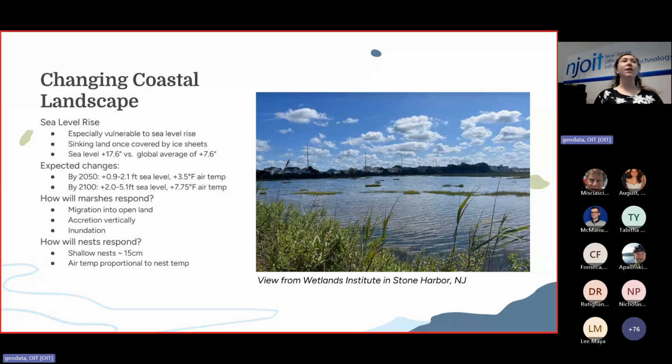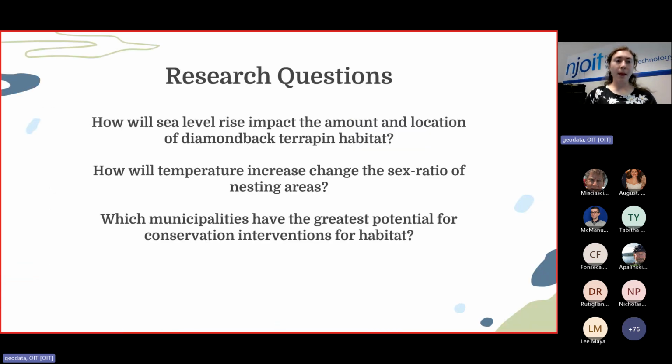If they can't keep up with it, then they will become inundated and habitat will be lost. They can also migrate into open land, so as sea level pushes inland, it can go into open spaces like agricultural land and parks and become new marshes. So basically, I modeled where diamondback terrapin habitat might be in the future under these scenarios, how much will be lost, and I looked by municipality, which municipalities have the greatest potential based on their current conservation practices to conserve